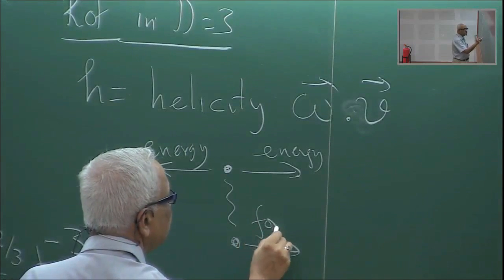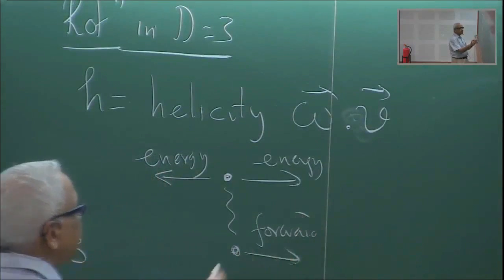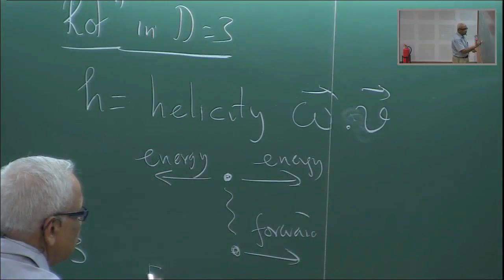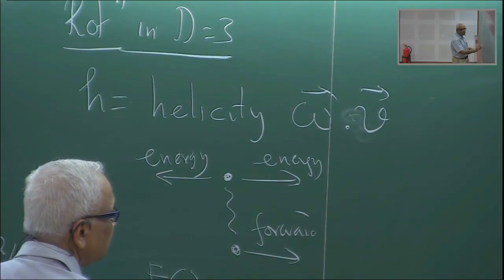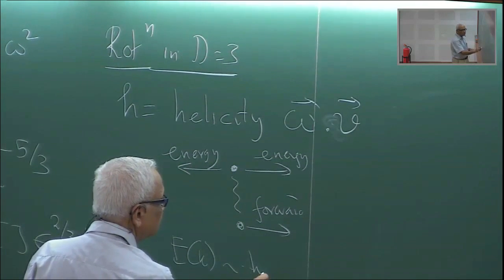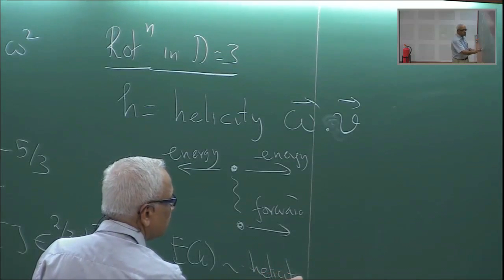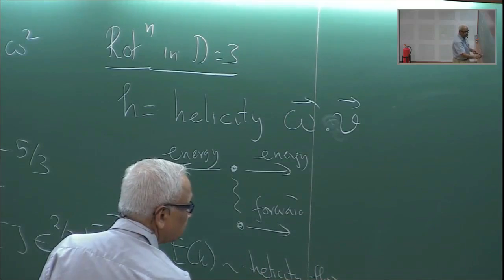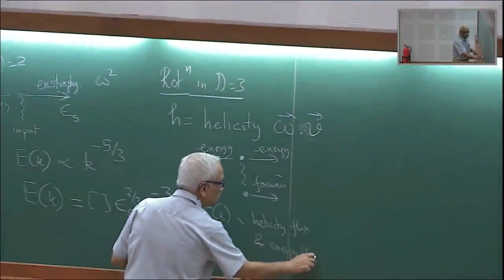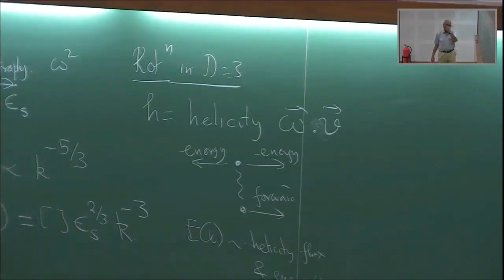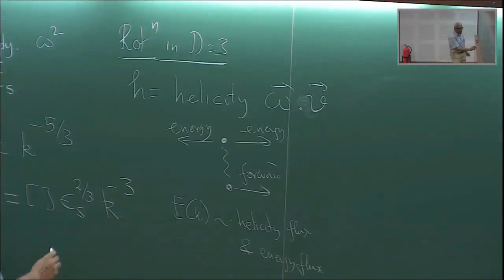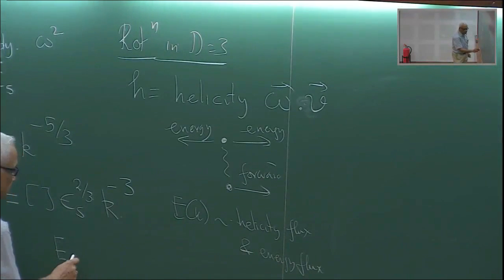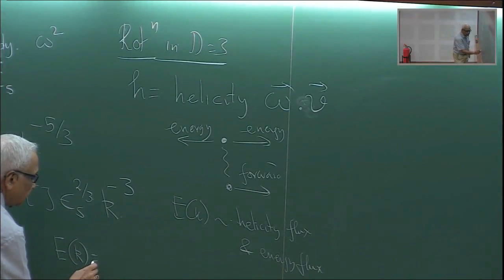So helicity flows forward, and the spectrum now, E of k, is determined by helicity flux and energy. So they determine the spectrum, and you can try it out. This is the last bit which I had talked about